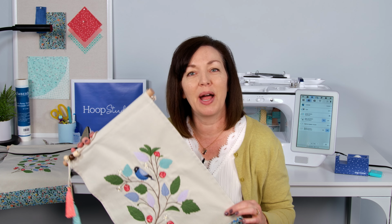In today's tutorial, I'm going to show you how to make this beautiful Amelia Botanical Banner from the Hoop Studio